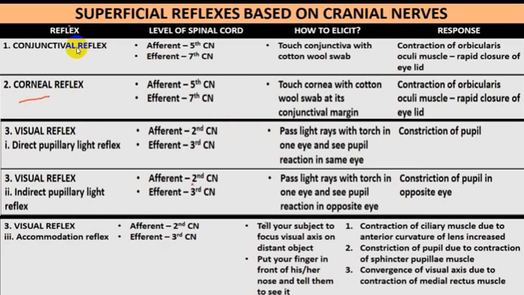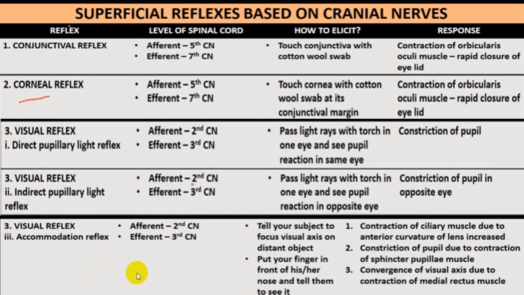So we have discussed conjunctival reflex, corneal reflex, pupillary reflex, direct and indirect reflexes, and accommodation reflexes. All this we have discussed in cranial nerves. So go through this. This is also a very good slide giving you the entire idea regarding the superficial reflexes concerned